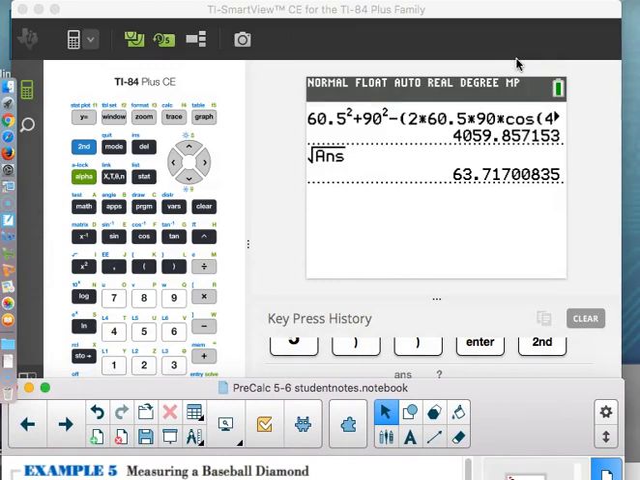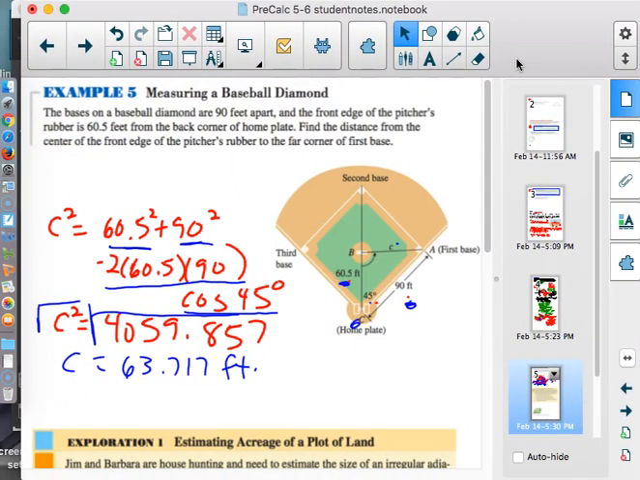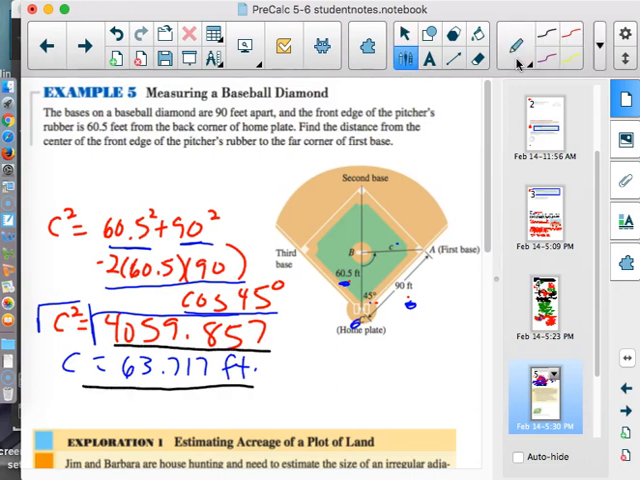So 4,059.857 to 3 decimal places, and then we'd take the square root of that, and that of course would give us C. So we go back here and we write it down. C squared equals 4,059.857, and then we take the square root and we get 63.717 feet. And that problem, like I said, not nearly as complicated as example 2. So example 1 and example 5, not too bad here for the second day of section 5.6, where we're dealing